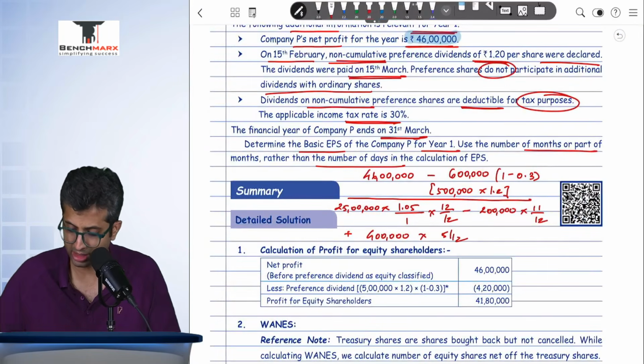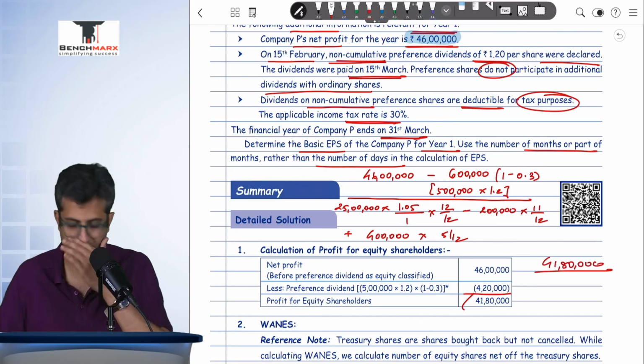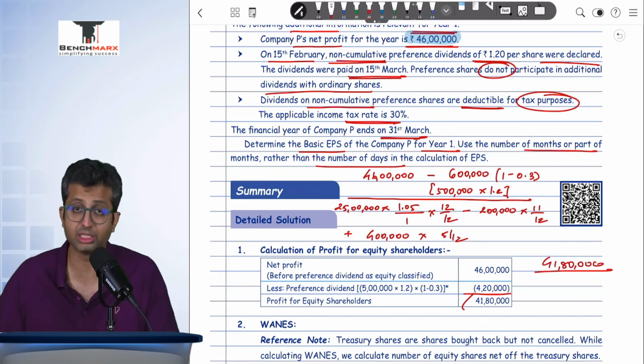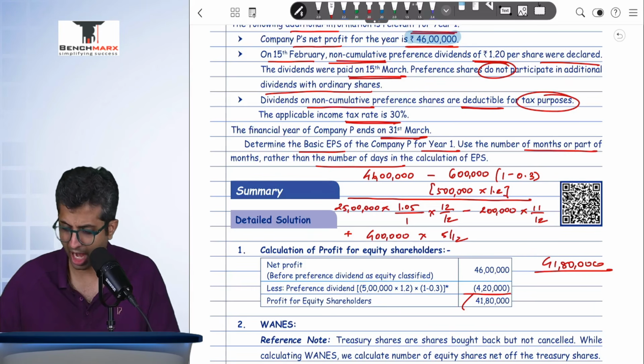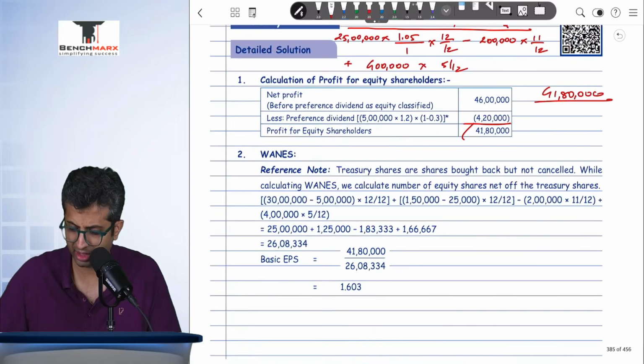So if I look at this in the numerator, probably all said and done, I will get 41 lakh 80. Okay, this is 6 lakh into 1 minus 0.3, that is 4 lakh 20, and hence 41 lakh 80 in the numerator. In the denominator, if I do this, 25 lakhs into 1.05, this is 26 lakh 25, and 2 lakhs into 11 by 12, you will subtract it. 1,83,333 subtract, and 4 lakhs into 5 by 12. Add, and hence this is 26 lakh